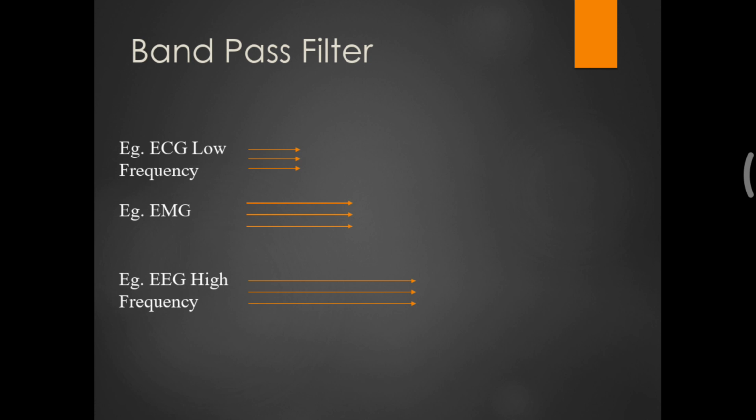Now what's a band pass filter? We can see that we have signals coming from low frequency as well as high frequency along with the EMG signals. So we select both the low pass and high pass filter and we place it, and you will see that the other signals are all filtered and we get only the signal frequency which is common to EMG. So this is the second method in which we filter out all the other currents and try to get only the EMG signals.